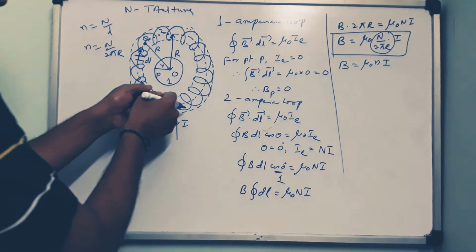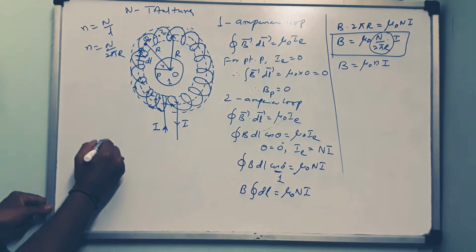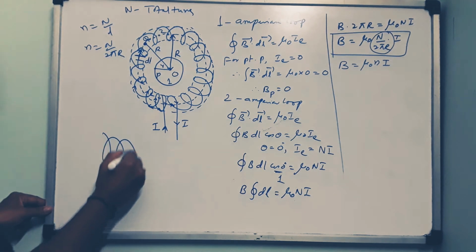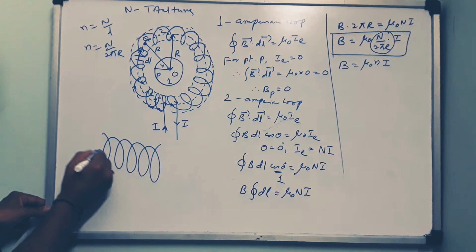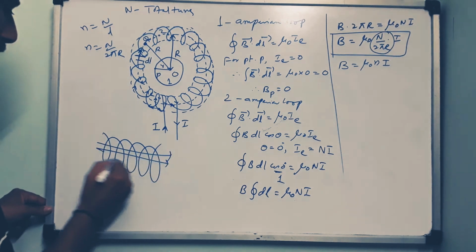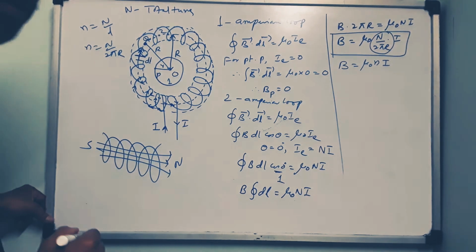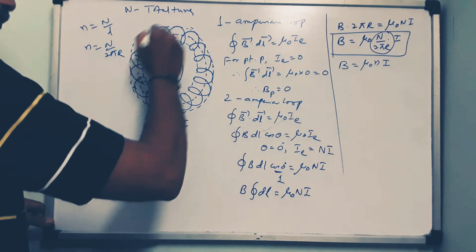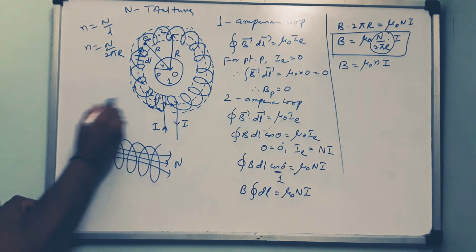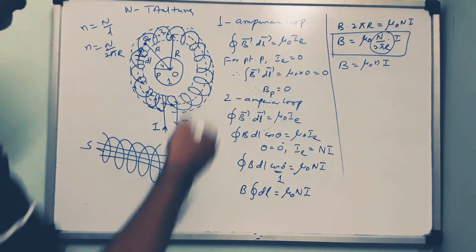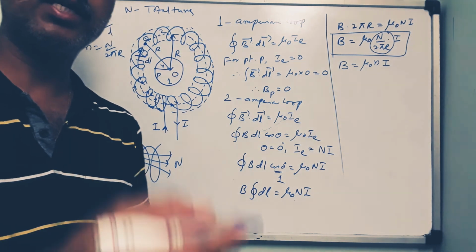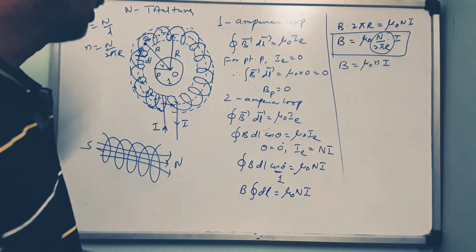So if I open this and keep it like this along the length of the board on the plane, it will be like this. This is called a straight solenoid, and the direction of the magnetic field will be like this. This is the pattern. So this will become the north pole and this will become the south pole of the magnetic field. But as it is, the north and south both are clubbing in a circular symmetry. You don't have any polarity. Where is the north polarity? Where is the south polarity for these field lines?